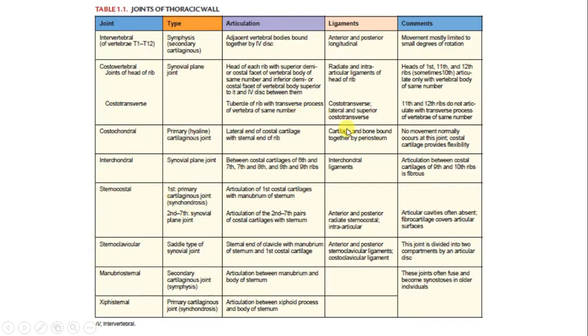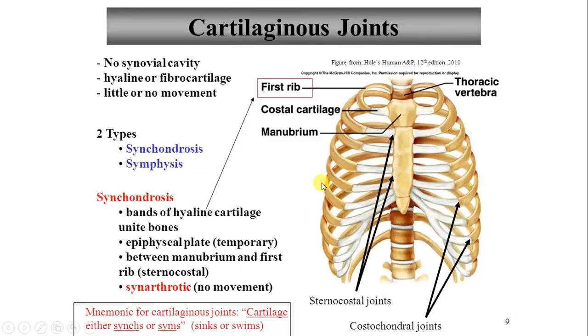This whole table is given in the KLM. Here the first column is the joint, then the type of joint, then the articulation, then the ligament, and then the movements occurring at that joint. You can look in the KLM, and students very often are very fond of this table. So first of all we will see the cartilaginous joint,